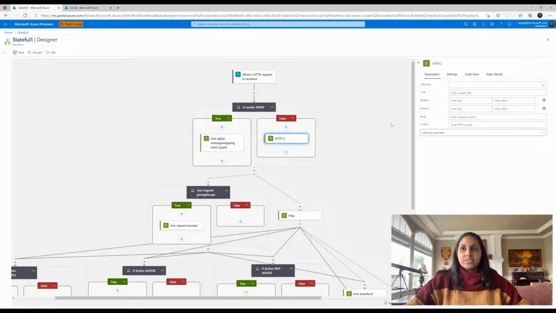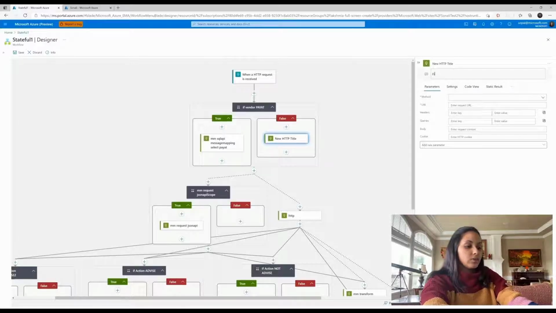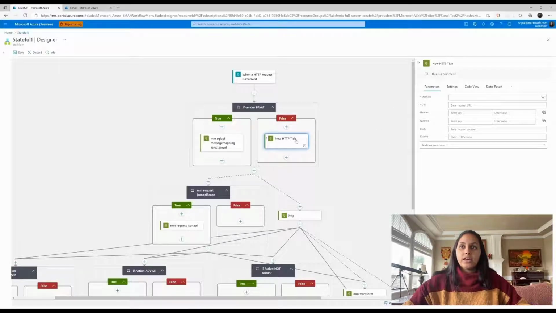And once that's added here, we can see certain information about the card in the panel. First and foremost, we have the title here, which we can actually go ahead and edit at this point. So let me backspace here to add a new title. Let's call it New HTTP Title. All right, and when I click away from that, you'll see that that gets updated here in the card. We can also add a comment for the card by clicking on this menu here and clicking on Add a Comment. Here we can type in any comment we'd like. So let's call this is a comment. All right. And you'll see that when I clicked away, it updated the comment within the card,